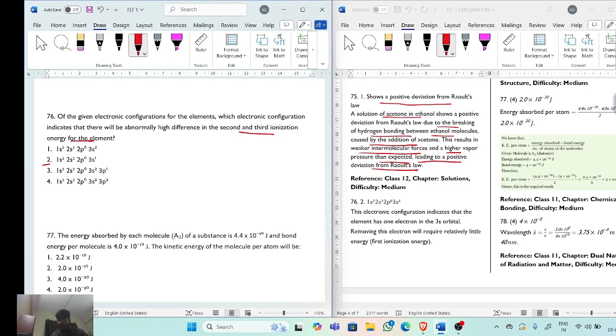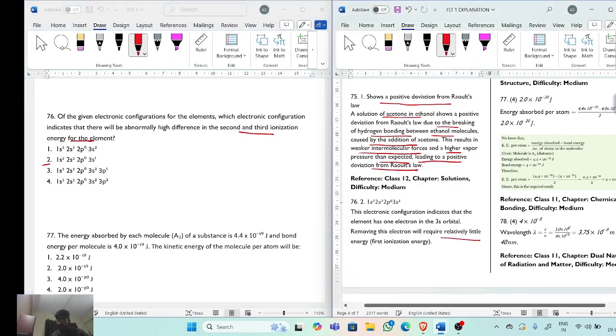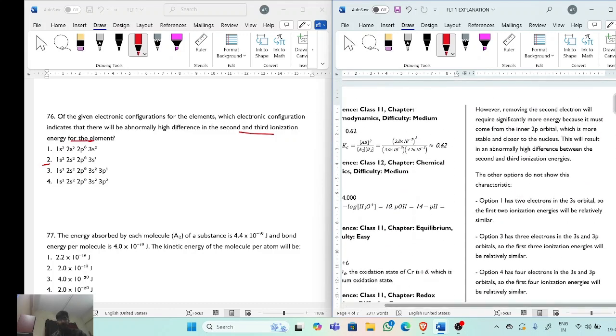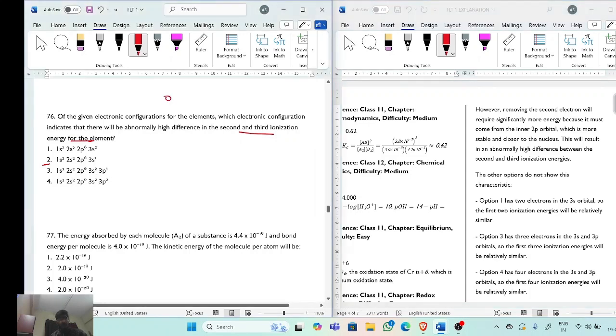This electronic configuration indicates that the element has one electron in the 3s orbital. Removing this electron will require relatively little energy, which is the first ionization energy. Why will low energy be required? Because we know half filled or fully filled orbitals are more stable. Okay, so 2p6 will be more stable, hence low energy will be required for it to go